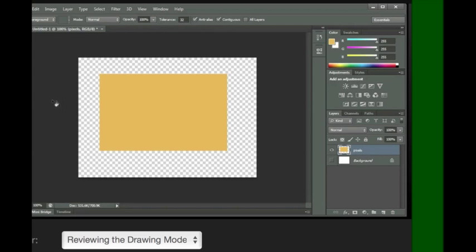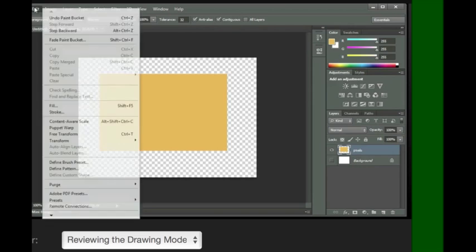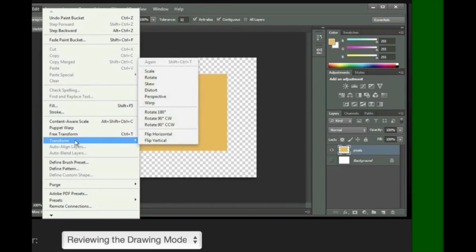So once I draw my shape, I have a pixel version of it, which means it's a bitmap or a raster image, which depending on my shape or the colors of my shape, when I'm resizing it to make it larger, you could start to see some quality lessen in your shape because of the resizing factor, because it is a bitmap. We can go to Edit, Transform, and then you could actually apply any of these to the rectangle